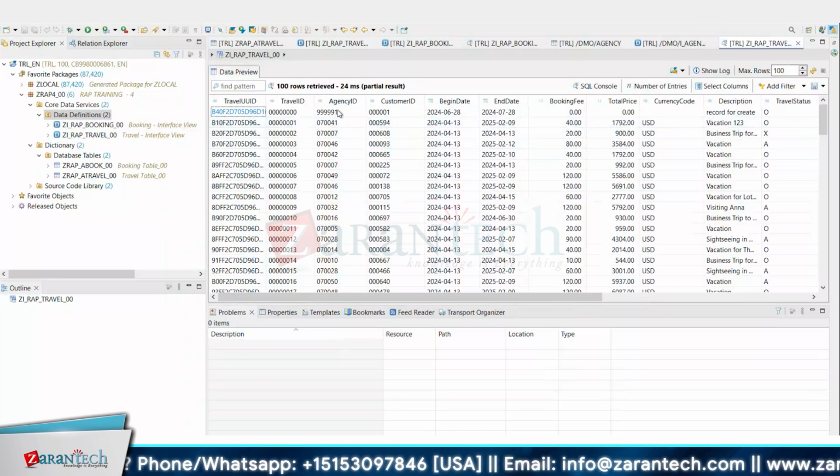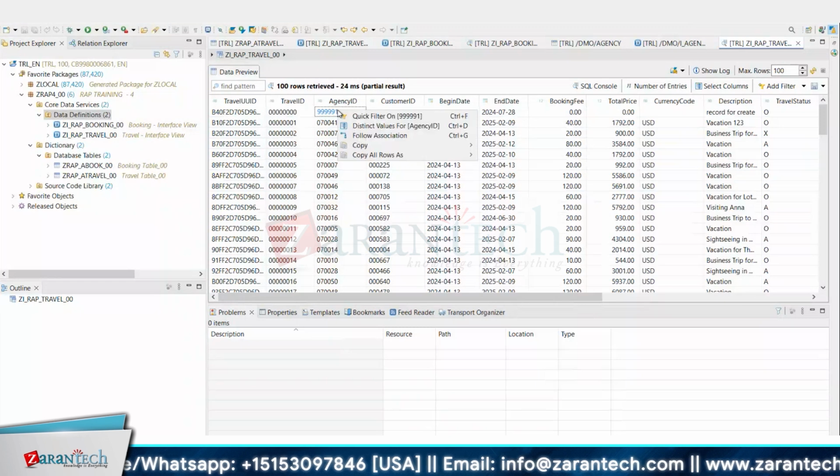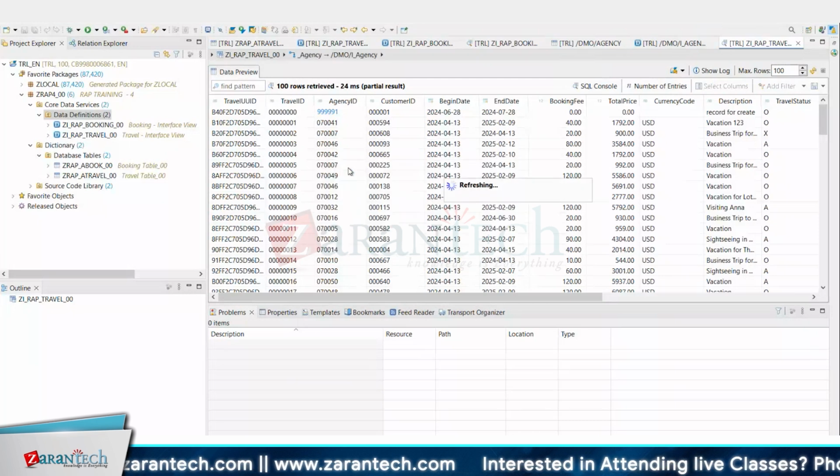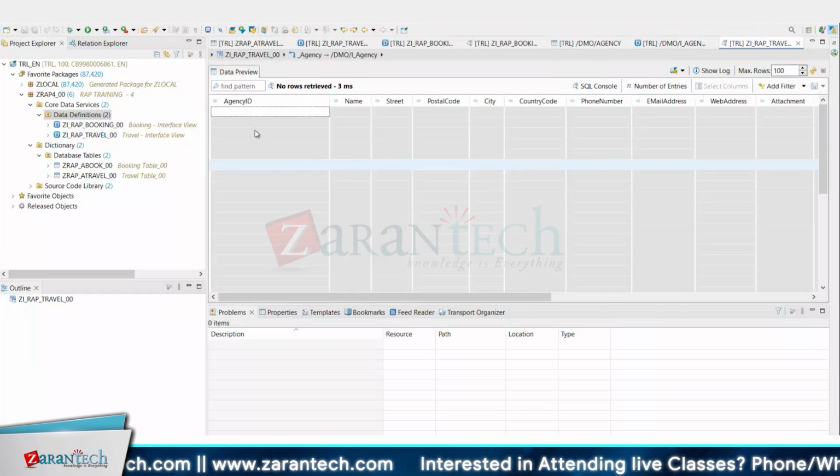Right now, you have an association. You can navigate here. Right click on this, and then you have an option called Follow Association. Click on Follow Association. These are the associations you already exposed. I wanted to go to this underscore agency association. Then about that agency ID,